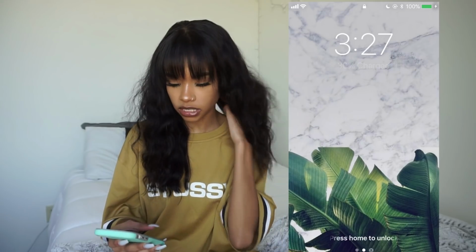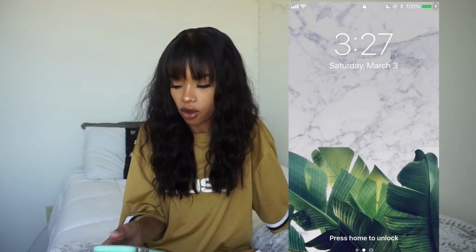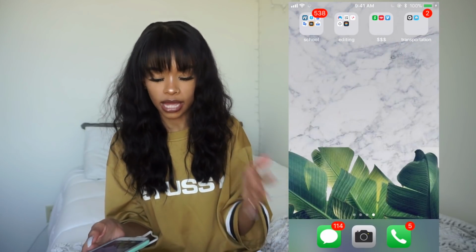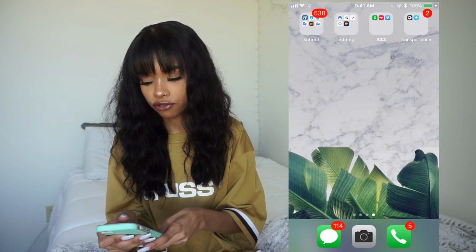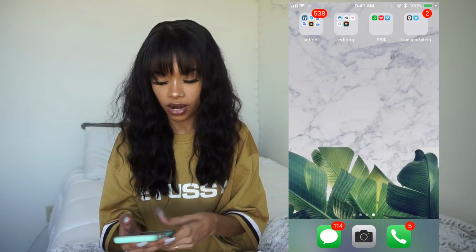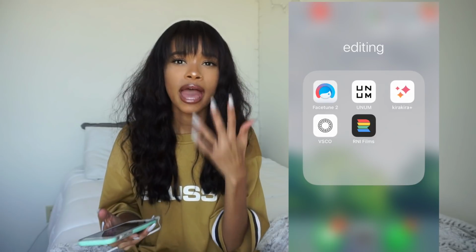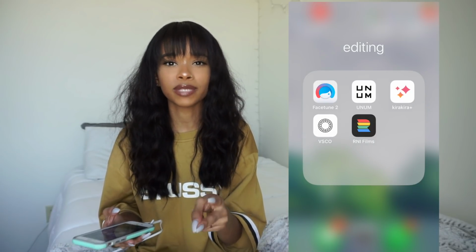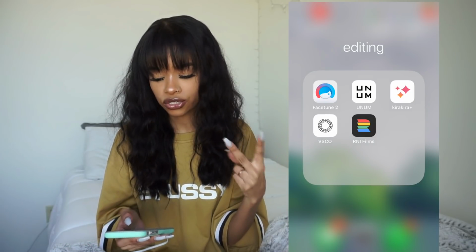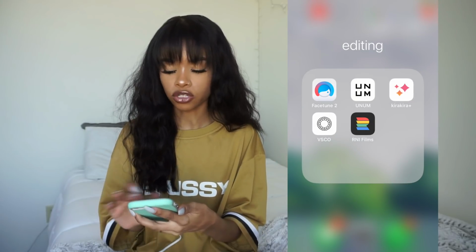Basically I'm on my phone right now, so I'm gonna go and show you guys my favorite editing apps before I get into actually how I edit pictures. I have a little section on my phone for editing, and my go-to apps are right here. I use every single time I edit a picture. 9 times out of 10 is a mixture between Facetune and Instagram. But I also like this app called